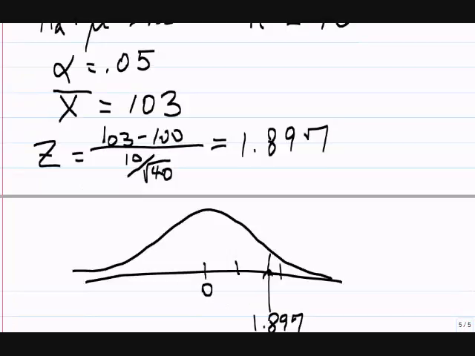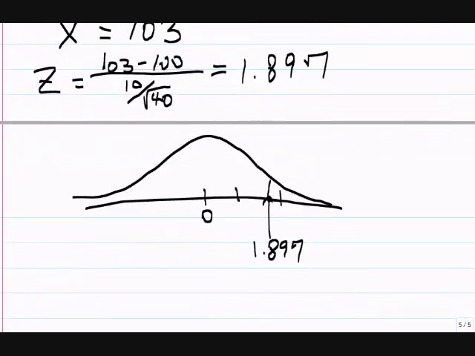Said greater than, I get to shade just the side of this distribution that's greater than the 1.897. Okay, so now I need to find the probability that I get a sample this extreme or even more extreme from the mean. So to do that, I get my p-value, and to get my p-value, I'm going to do